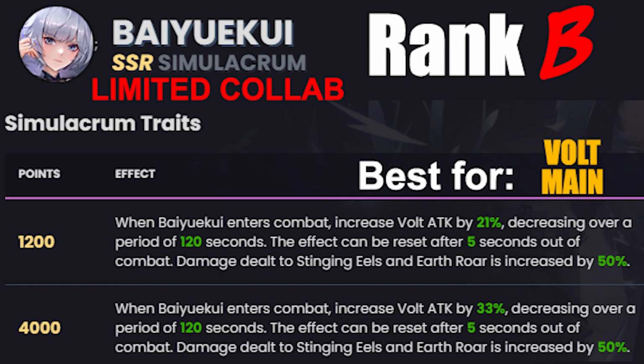Alright. We got Bai Yuekui, another China limited character. We don't know if it's coming to global. When Bai Yuekui enters combat, increase thunder attack by 33%, decreasing over a period of 120 seconds. They never mentioned a cooldown again. So when Bai enters combat, your thunder damage is increased by 33%, and as the buff goes on and reaches its timer, it will decrease. The effect can be reset after 5 seconds out of combat. Oh, okay, so if you get out of combat and then engage again, you'll be able to trigger this again. So you have to get out of combat for 5 seconds and then go in and trigger